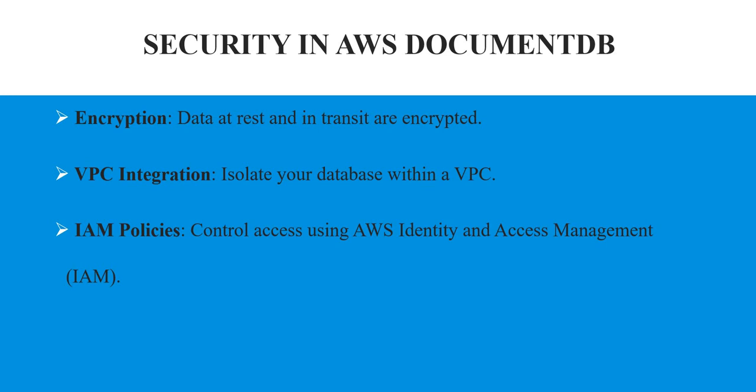In encryption, data in transit is encrypted. In VPC integration, your database is isolated within the VPC, so you can only access it from there. In the IAM policy, it creates the access key and secret key. We can create users and control their access. So this is all about